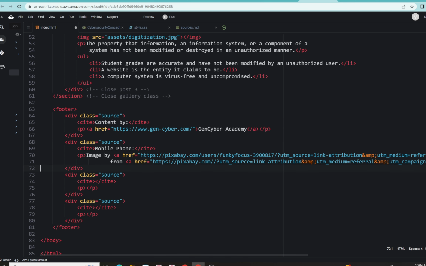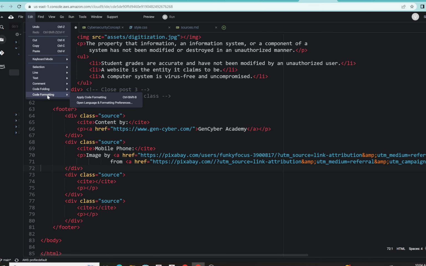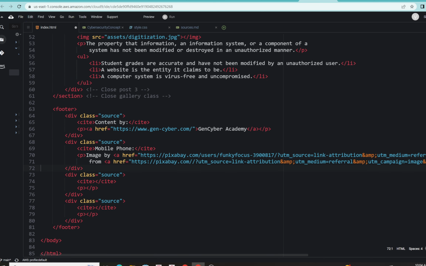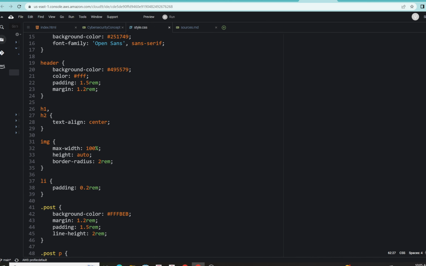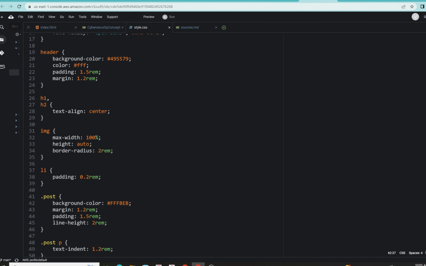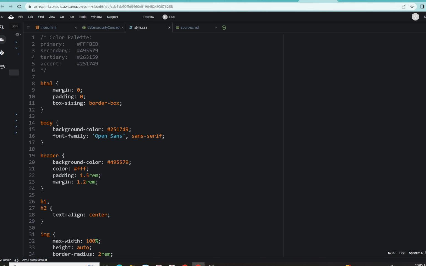Okay, so again, when pasting, I go to edit, code formatting, and just get that a little bit of adjustment there. And we're going to stop here because now we have two sources, and let's see about the styling of this now. And okay, for styling, we want to open up our style.css file. Let me make sure before I leave index, I save that. And let's head on down to,